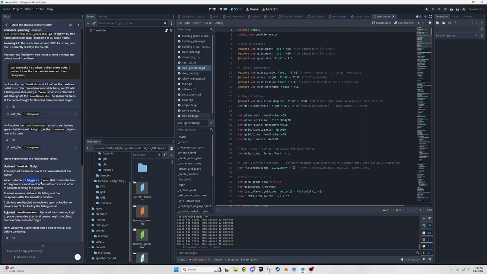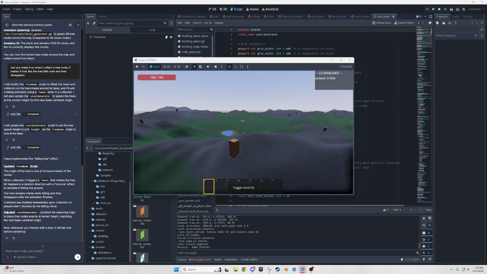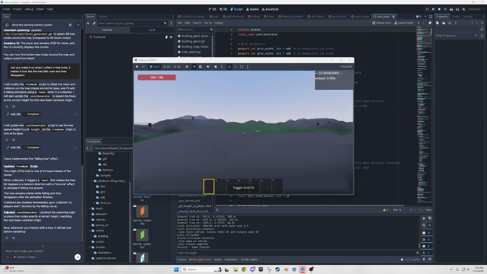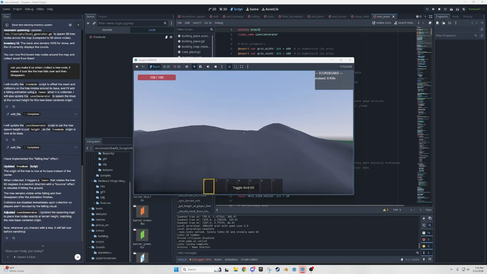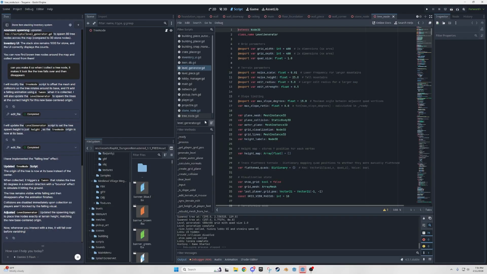When collected, it triggers a tween that rotates the tree 90 degrees in a random direction with a bounce effect. Okay, we'll see if that's true. Let's take a look. Also, the flying, I just said, hey, make the characters fly, and it did all the controls like spacebar up, control down, all that stuff. Okay, so that doesn't work. Let's see if it respawns, actually. It does. Not too concerned with that right now, but let's work on...